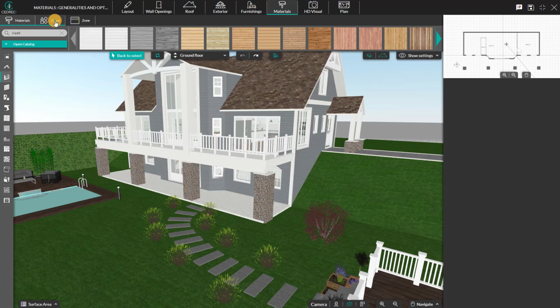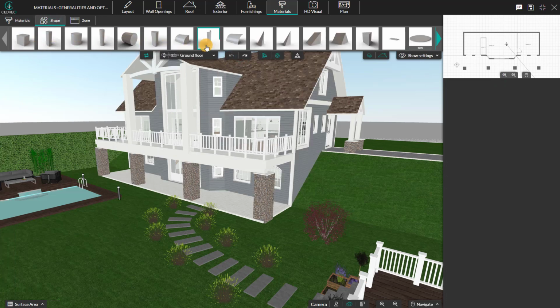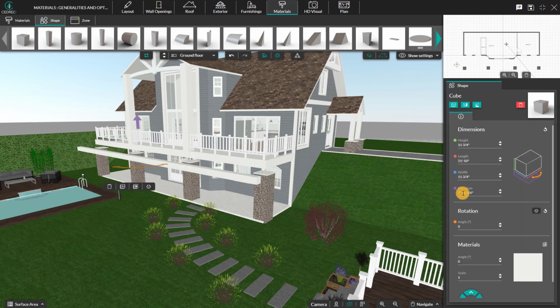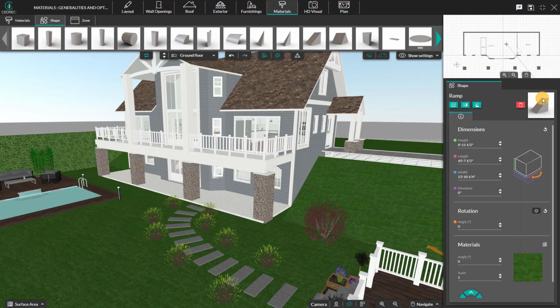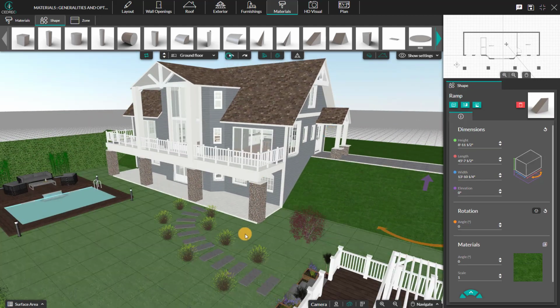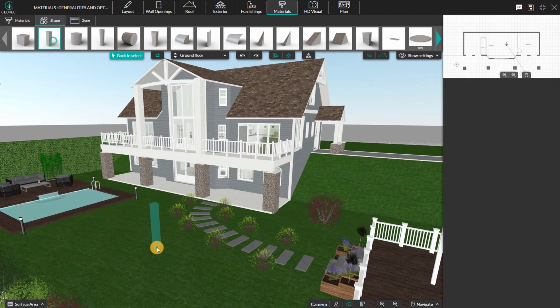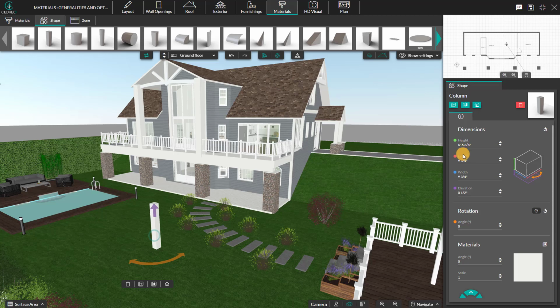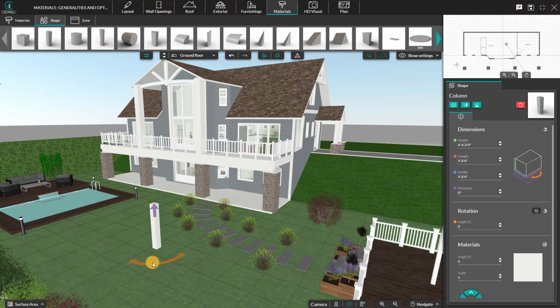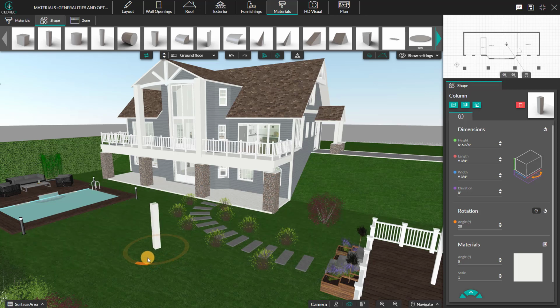In the second submenu, you will find shapes. Shapes are tools to create complementary elements like beams or slopes. Once your shape is integrated into your project, you can modify its dimensions in the right panel. To quickly change the elevation or orientation of the shape, simply click and hold on the corresponding arrow and move